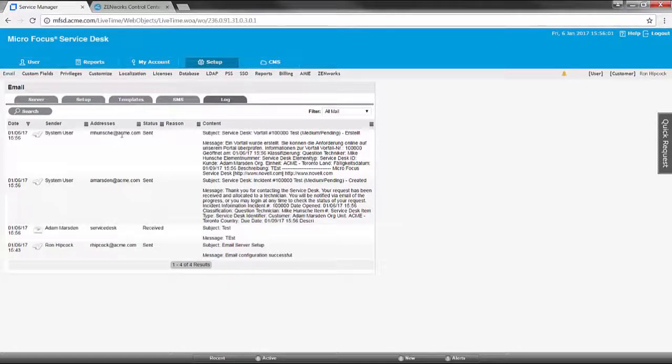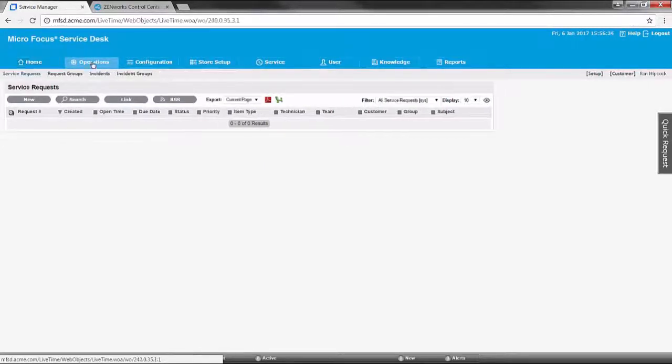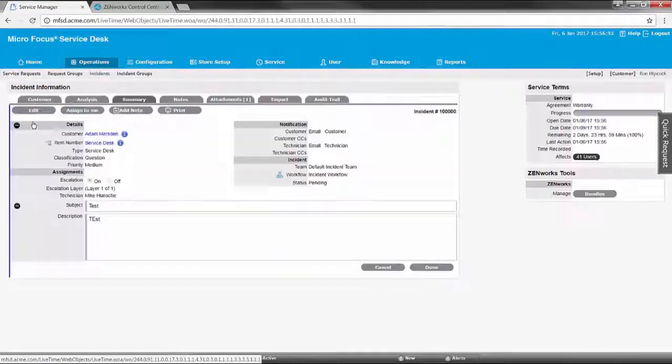Now, this particular ticket should be assigned to the person configured in the default incident group. You can determine if that is the case by going to the technician portal, that is the user portal, and checking this on the main tab of operations and the sub-tab of incidents. You should see a ticket which has been assigned